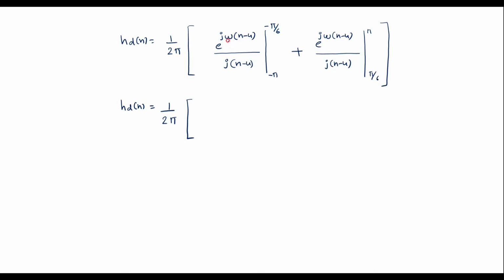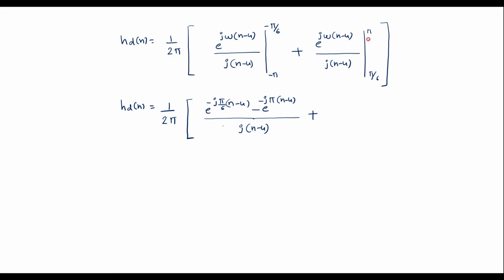Now omega is the variable, so I will replace omega by minus pi by 6, that is e power minus j pi by 6 times n minus 4, minus, now substitute the pi value, e power minus j pi times n minus 4, whole divided by j times n minus 4,